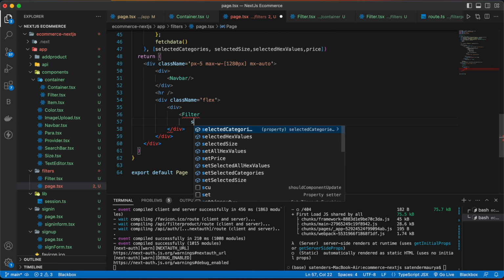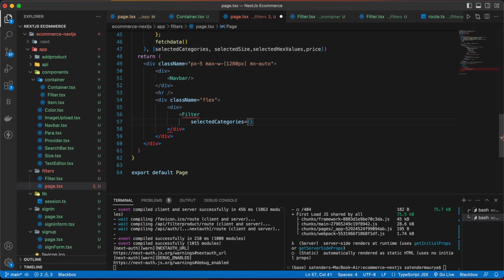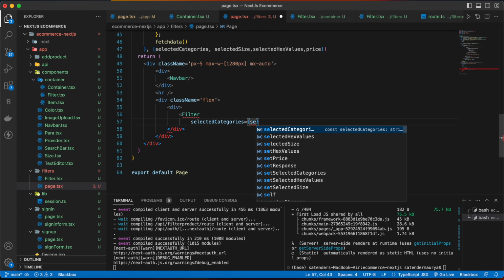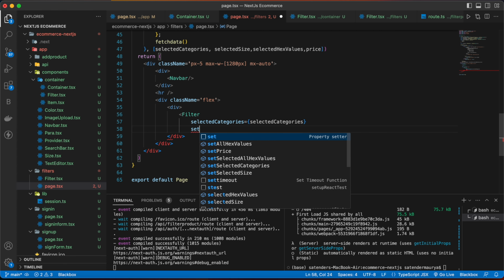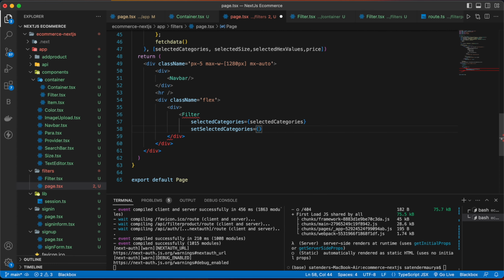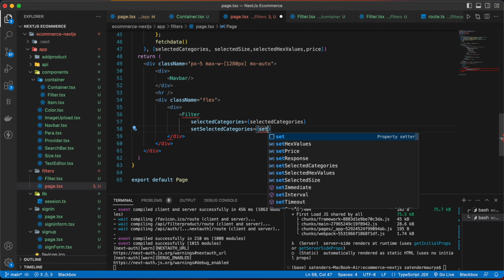So first will be selectedCategories, which will be equal to selectedCategories, then setSelectedCategories, setSelectedCategories.